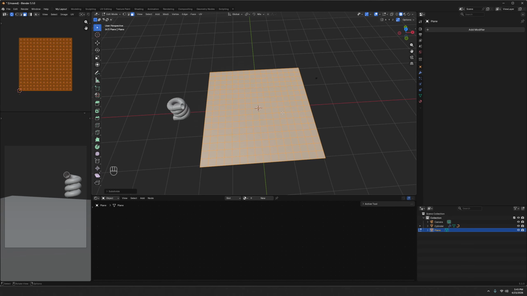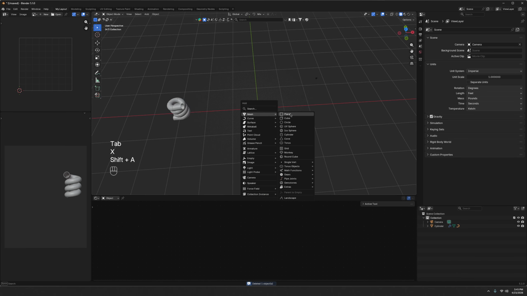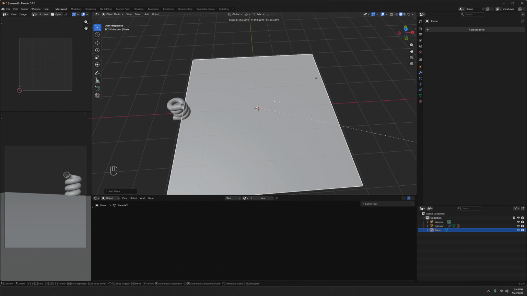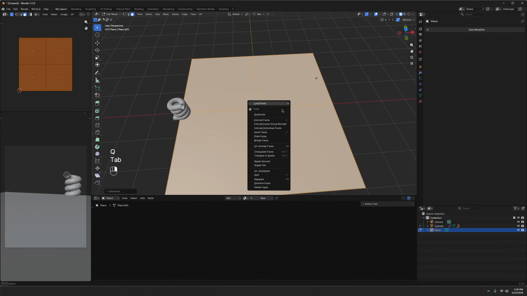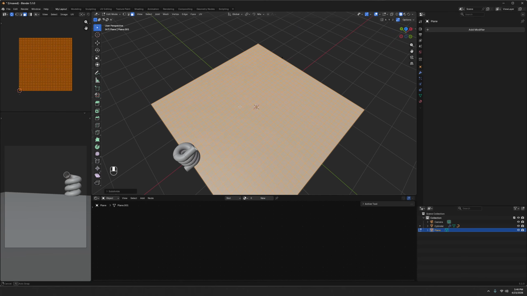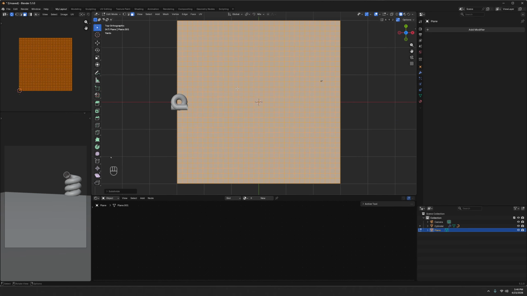I think that it's a little bit small. So let me just start over. So add the plane, let's scale it a little bit bigger. So maybe like, there we go. And then now go into edit mode and subdivide this a few times like that. That looks good. And then on the top orthographic view,